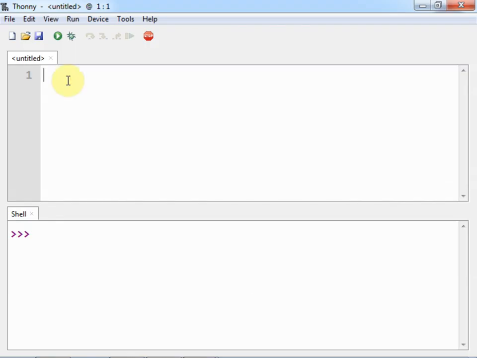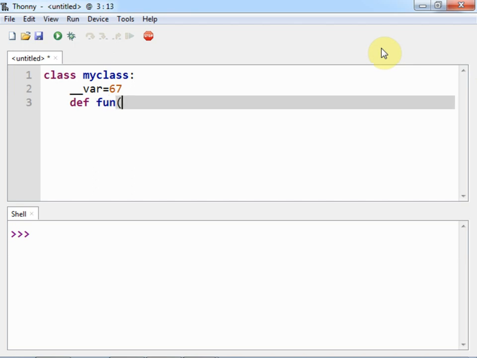So now I will use one class here, suppose class MyClass, and in MyClass I have one variable, suppose var is equal to 67, and suppose I have one method, suppose fun.